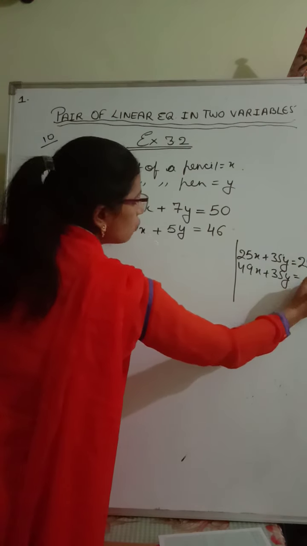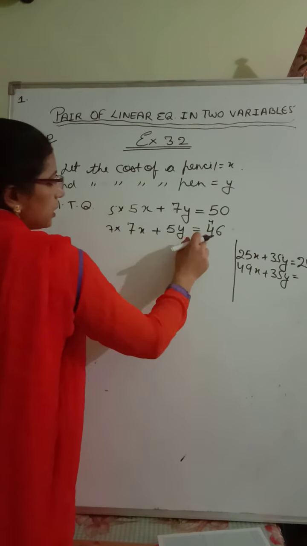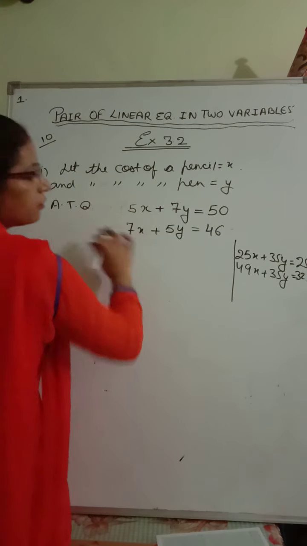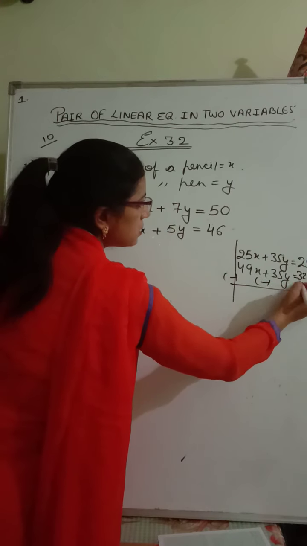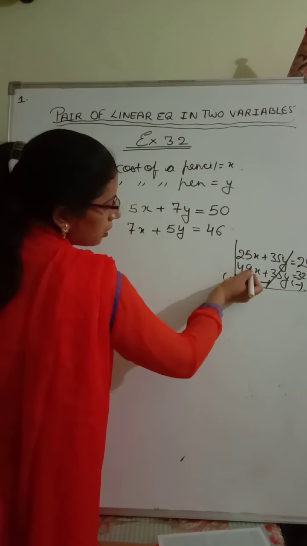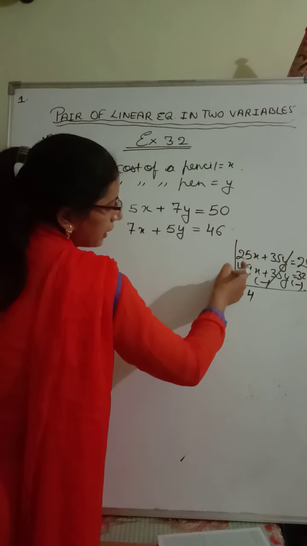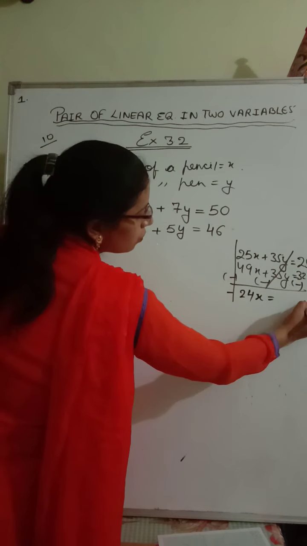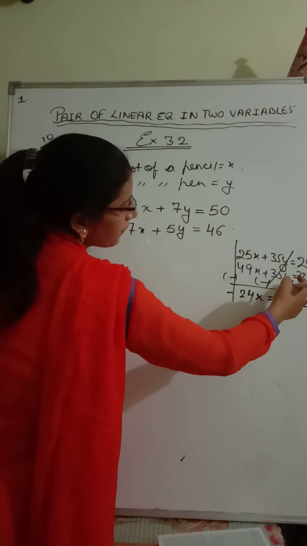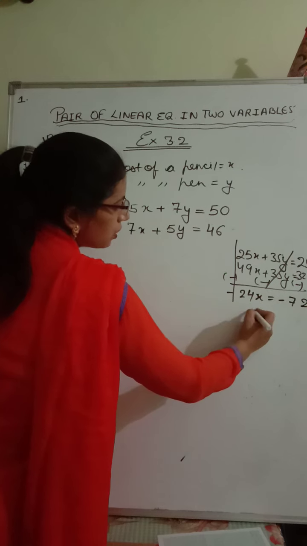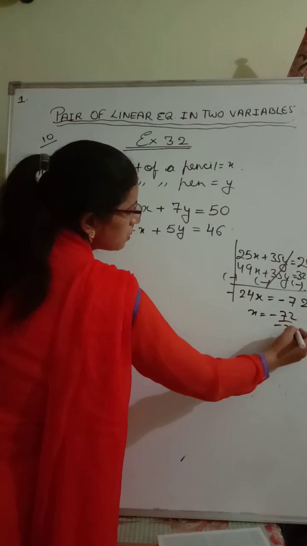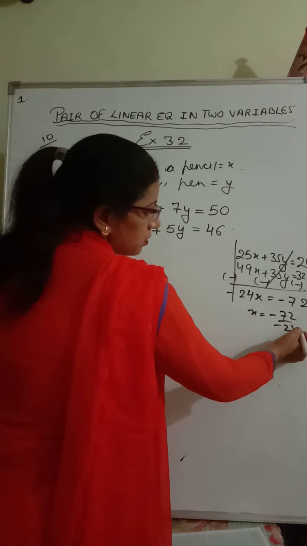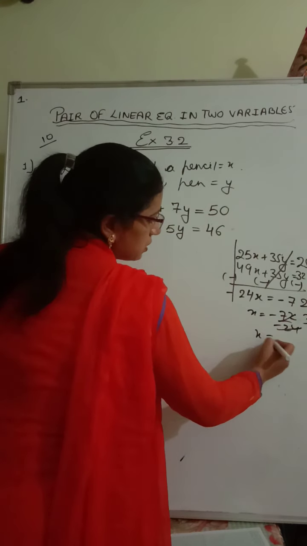6 sevens are 42, carry over 4, 28, 32. So if you solve it, minus cancel out, 5 6 7 8 9 4, and this 2, but minus sign will come, x equals to 2 7, okay, minus 72. So x is equals to minus 72 upon minus 24. So this will come 3. Okay, ठीक है 3. So x is equals to 3.